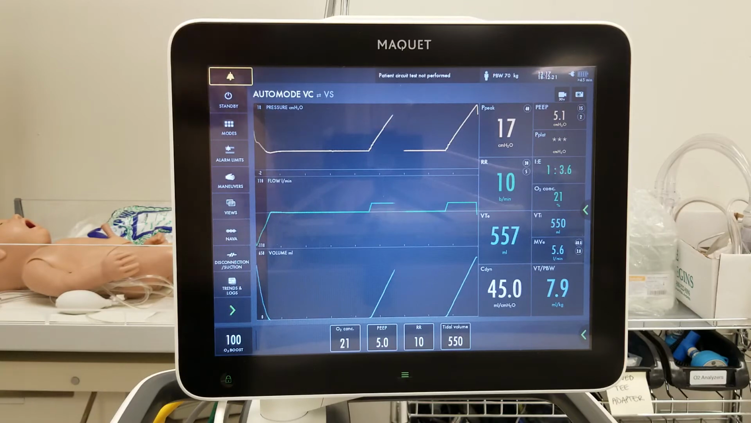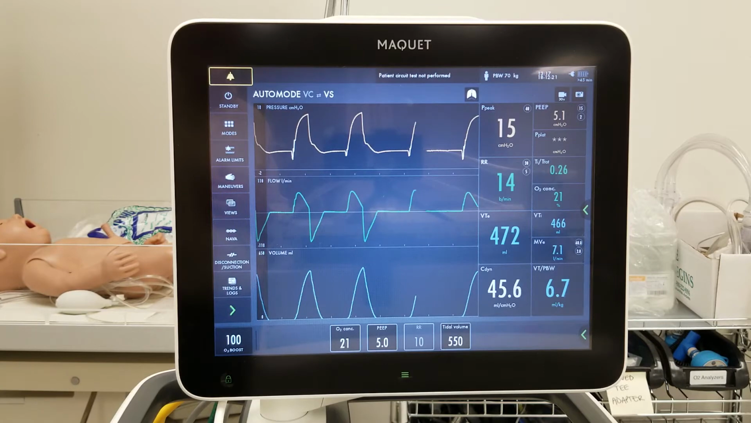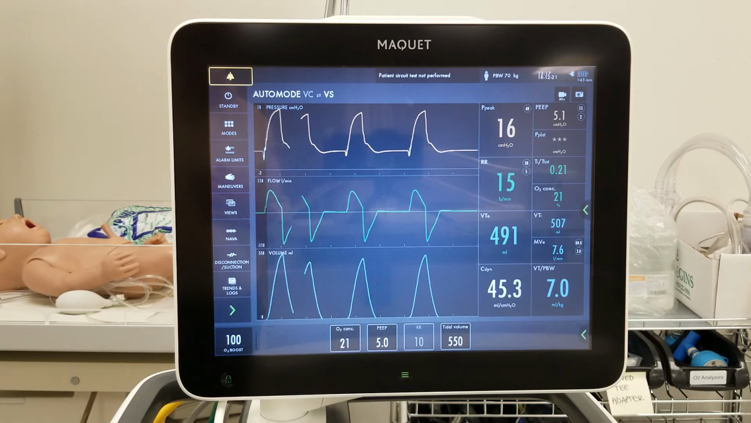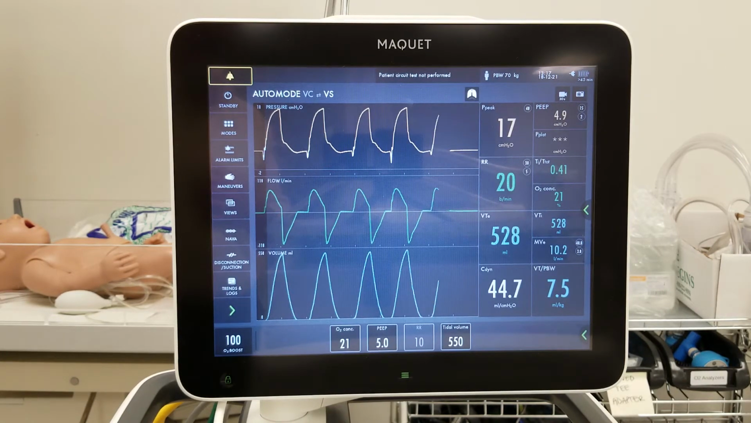See how white VC is? It's telling us we're in VC right now. Here's a patient effort. Notice VC went gray and VS became active. Okay, VS being volume support. So now every single breath is a spontaneous breath, and it will stay there until the patient